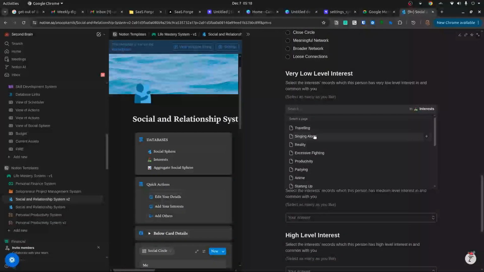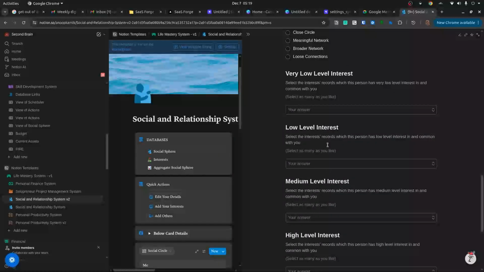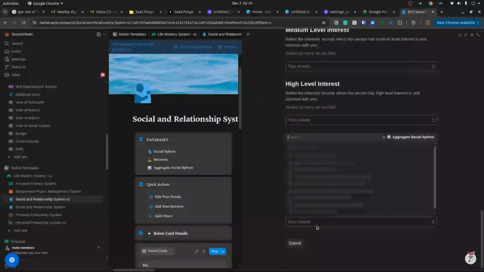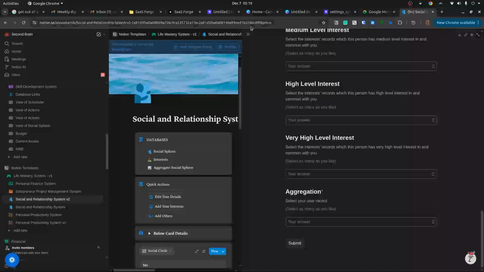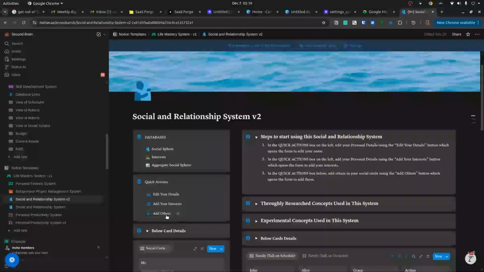And this is exactly based on your interests. This is not about what their interests are. They may have very high level interests in things you don't care about. It's just the common interest. These interests are based on what your interests are. Right? These are all your interests. And is there anything common? That is what we are trying to find. And again, aggregation: just put your idea page and submit, and that's how you can keep on adding people,